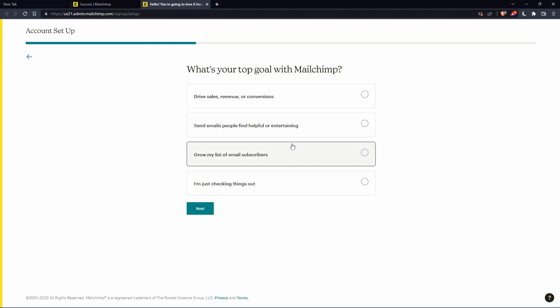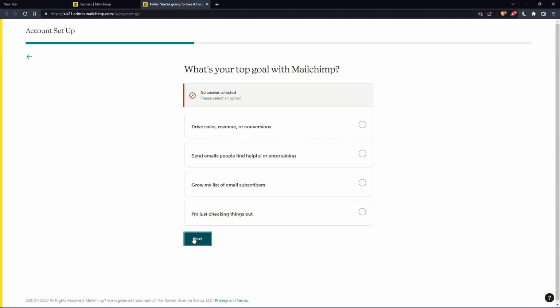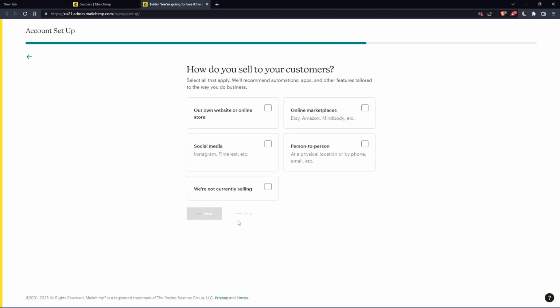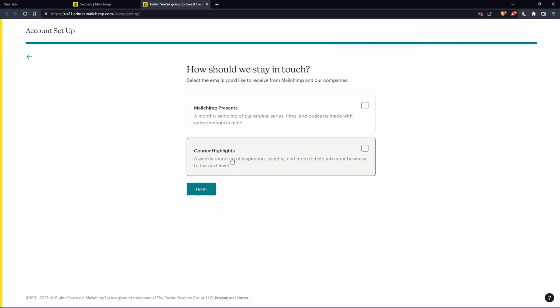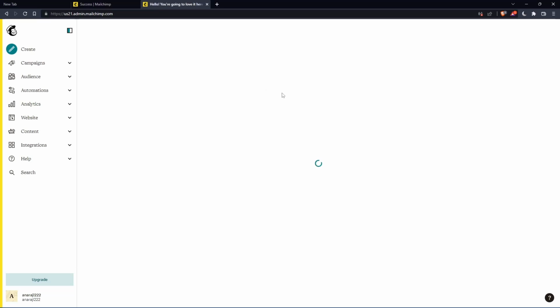And here, of course, you'll have to answer some questions. If you don't want to, it's cool. You can just keep pressing next, as you can see. But the first one, you should actually answer, and then you will see the rest of them. You can keep clicking on skip. Once you finish, click on finish. And as you can see, once you click on let's go, you will find yourself on the home screen of